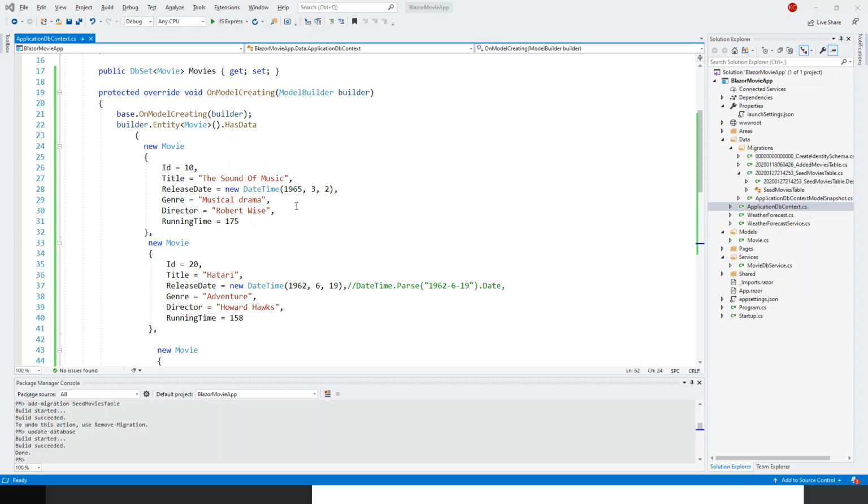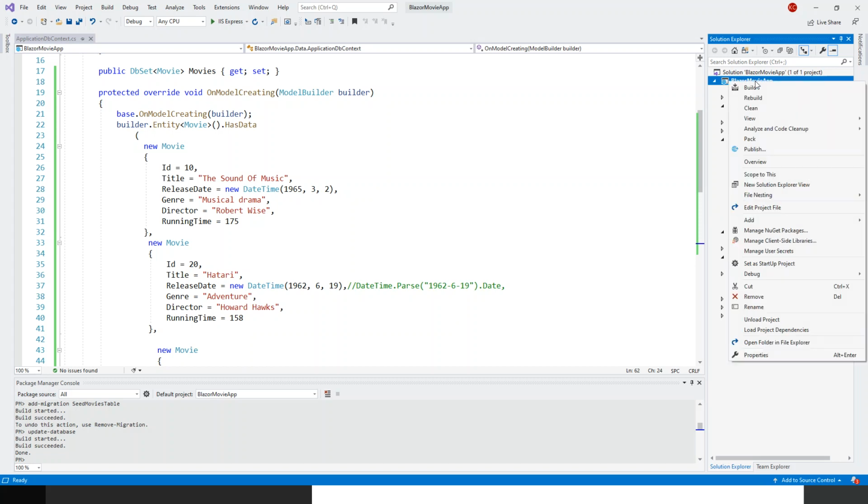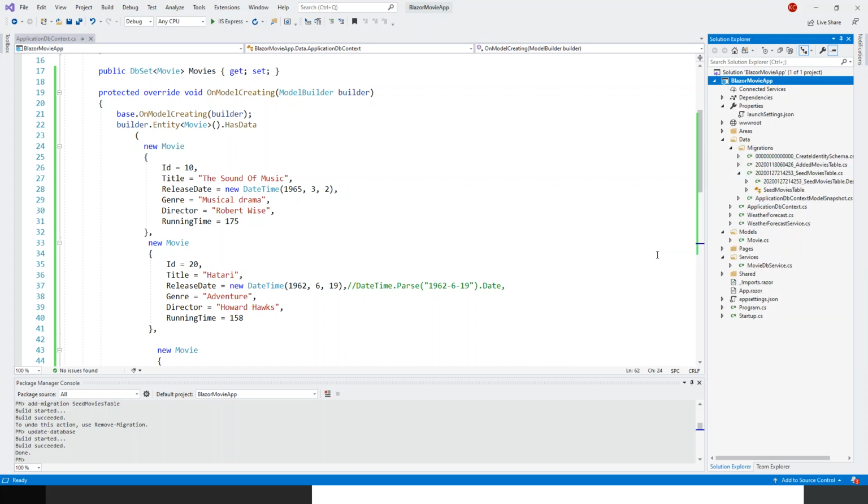Now for creating this, I need a movies.razor component. So I'll create a components folder on the project node. So right click, add new folder, name this components. So components,